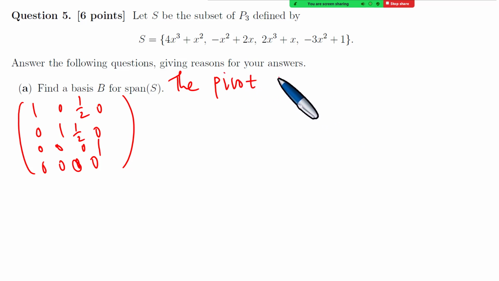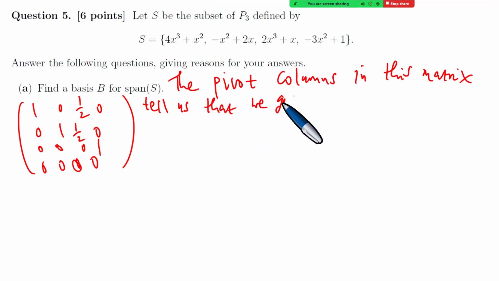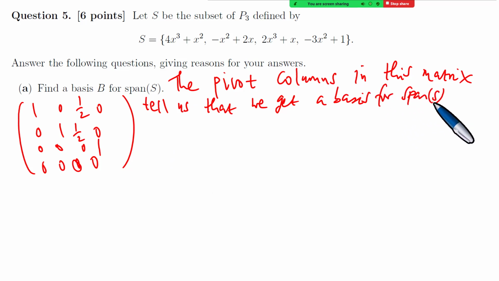The pivot columns in this matrix tell us that we get a basis for the span of S if we take